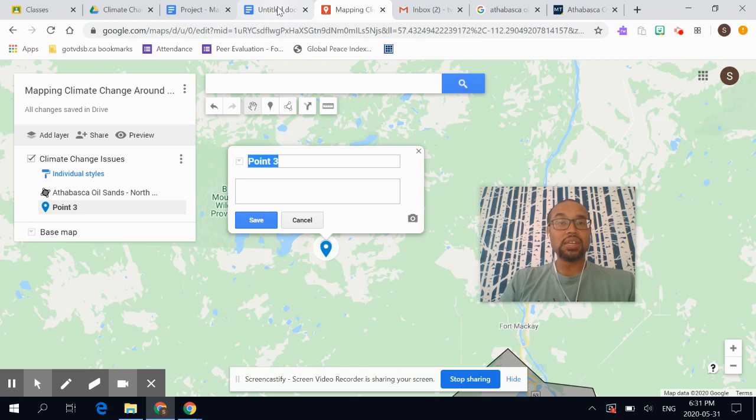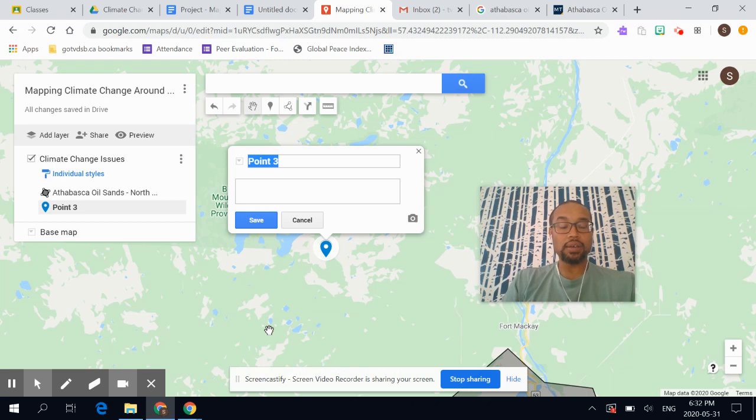My suggestion again is to do that on a doc, copy and paste it in, because it's not very user friendly to type into that box. It seems to be better to do it in a Google Doc and then copy and paste it in. And that's it. Those are the basic functions, and that should be enough to get you going with your Google